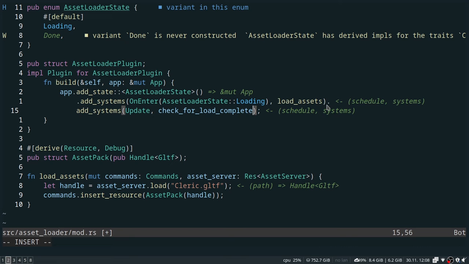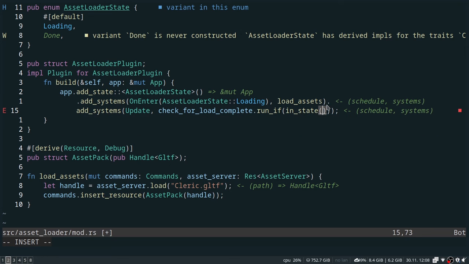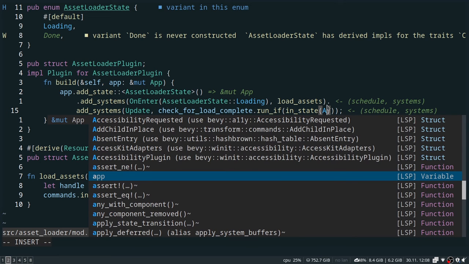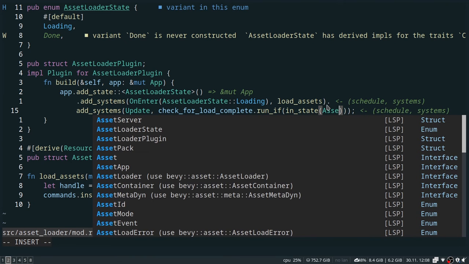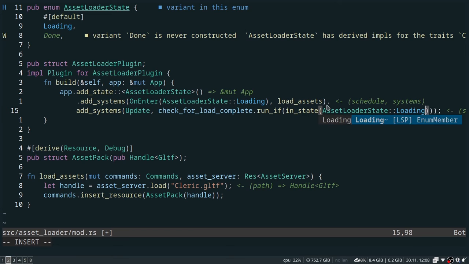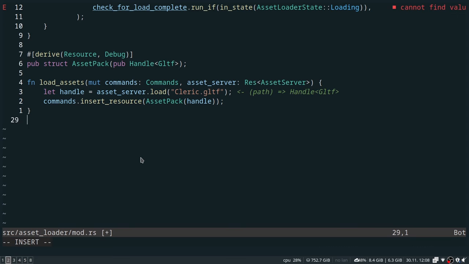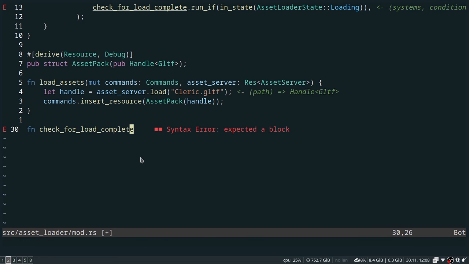So we are going to add the .run_if, and then we'll pass the result of the in_state function, which we will pass to that function the state that we created earlier, which is the AssetLoaderState::Loading. And now we should only run this system in the loading state. Of course, this system has yet to be created. So we'll come on down to the bottom and we're going to create that